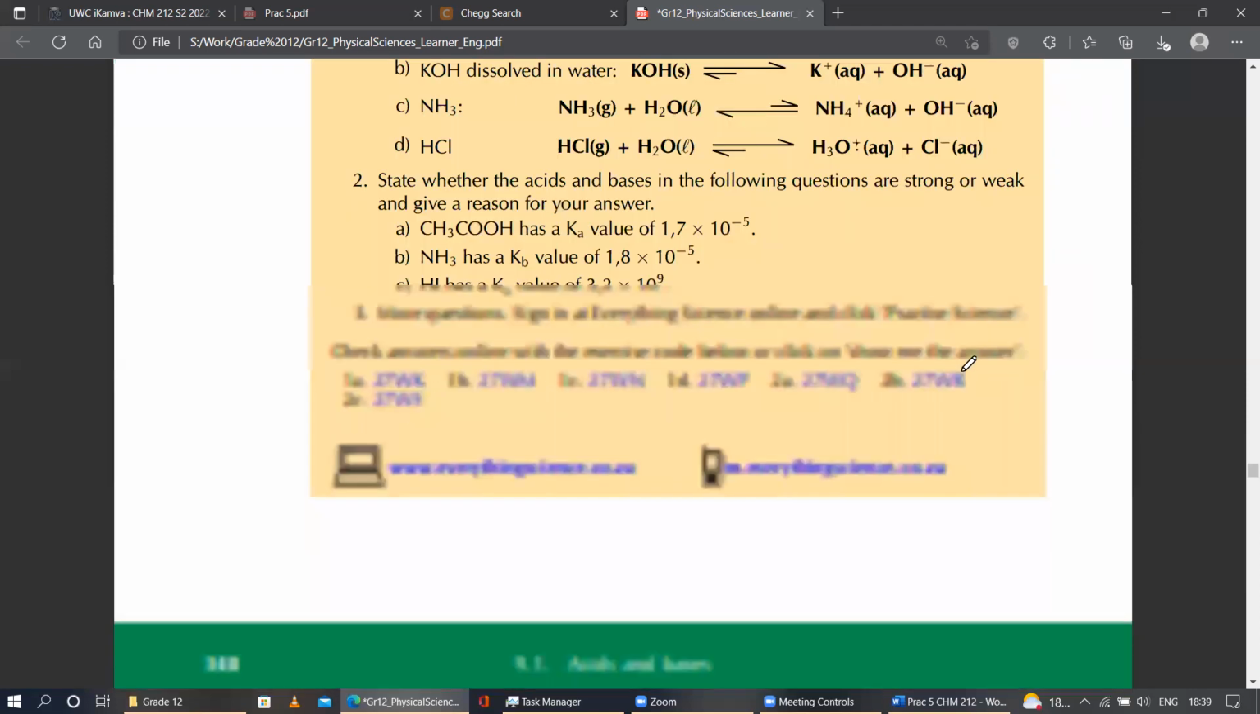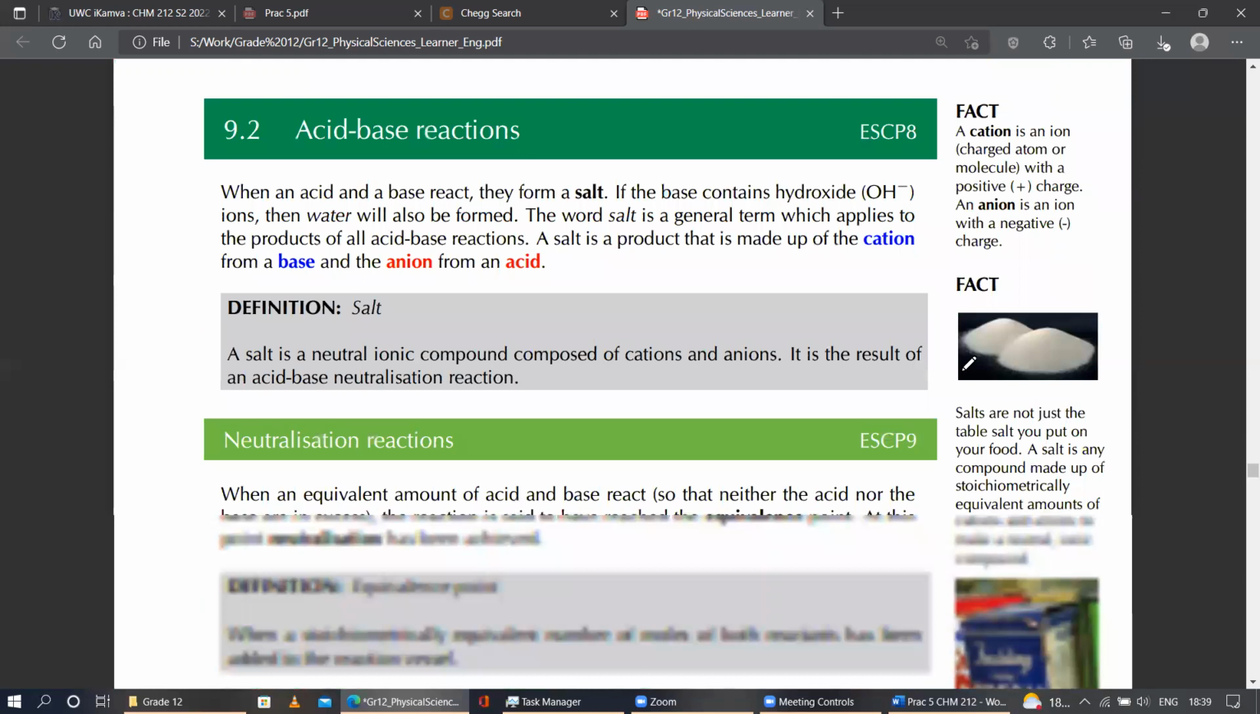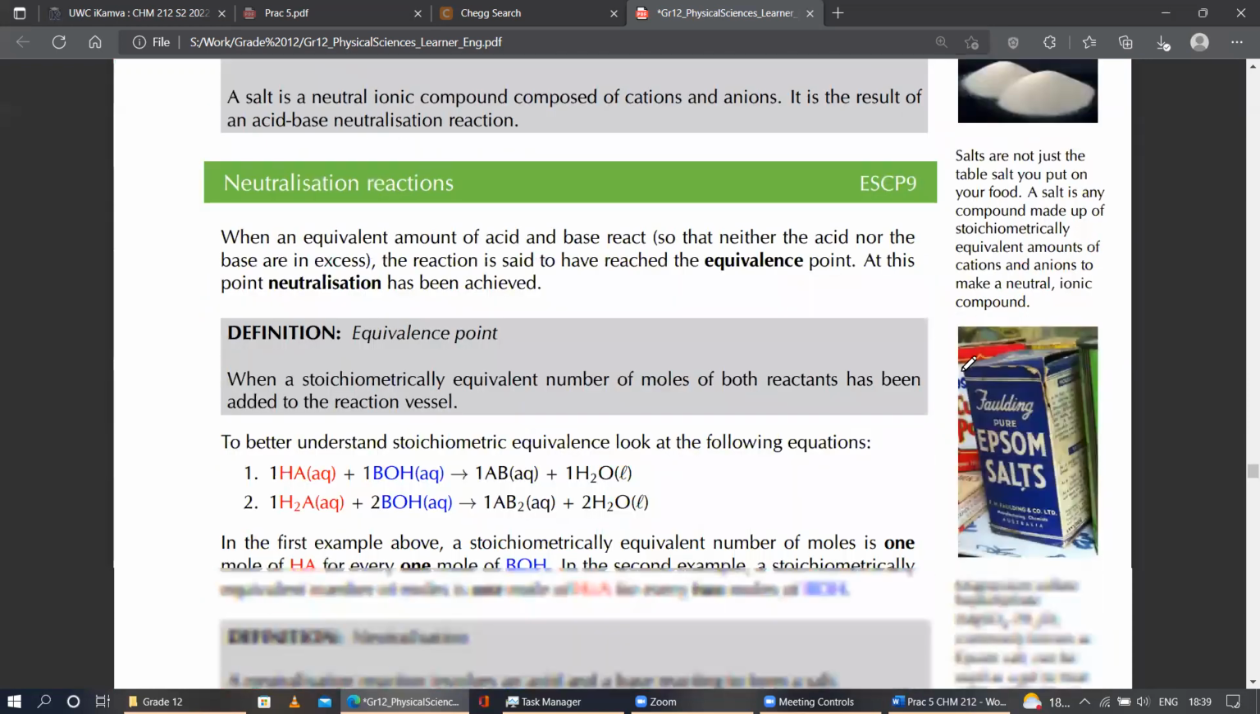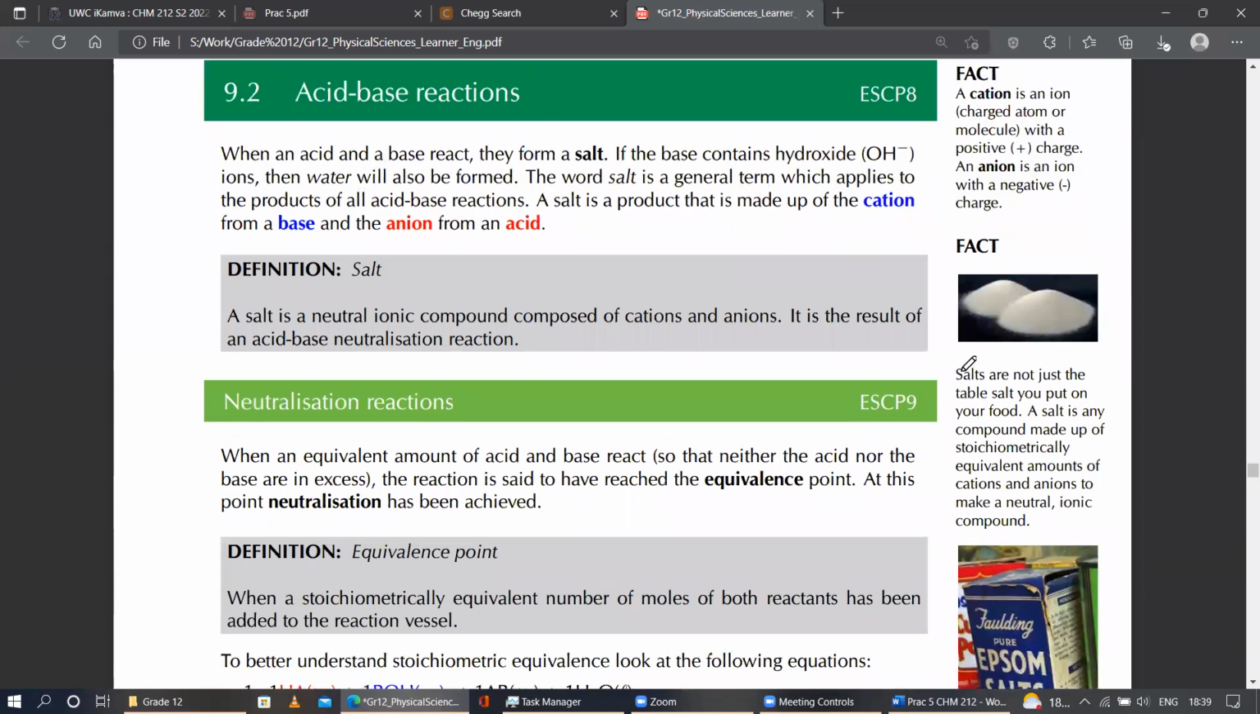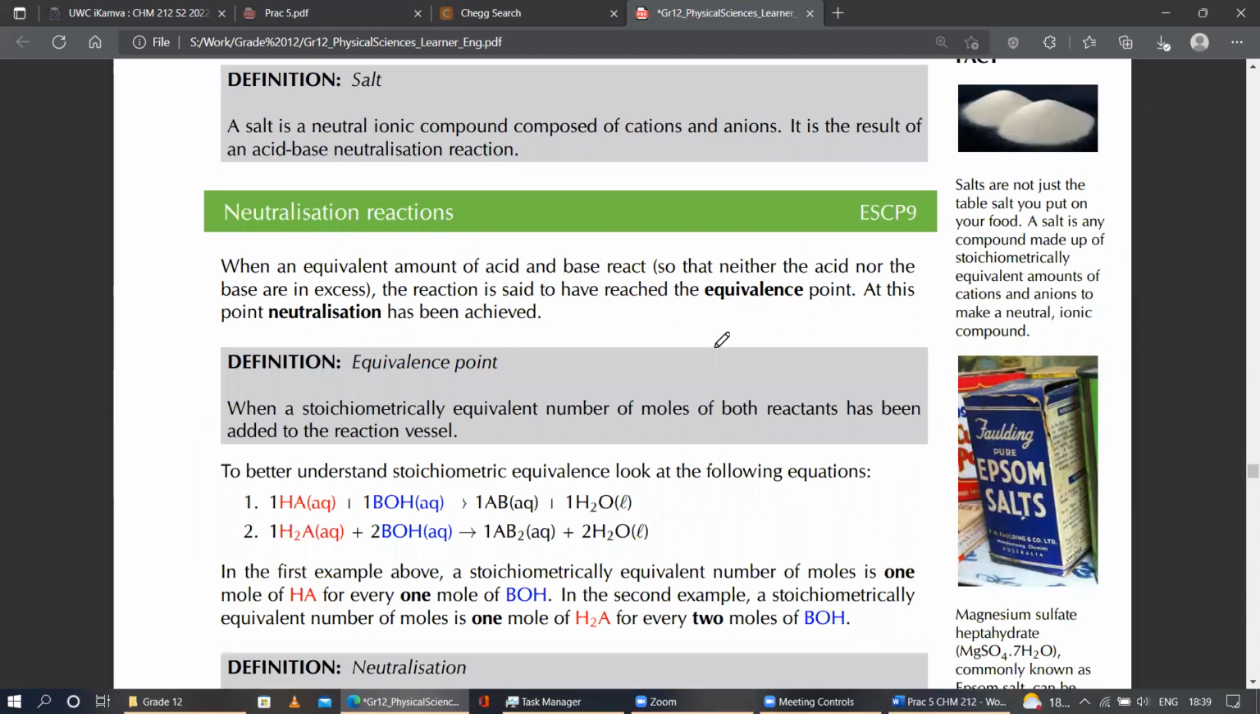Now we're going to go to the acid base reactions. Honestly, this chapter requires a lot of study, because there are a lot of different ways in which acids and bases react, and a lot of different products that can be formed. So let me just